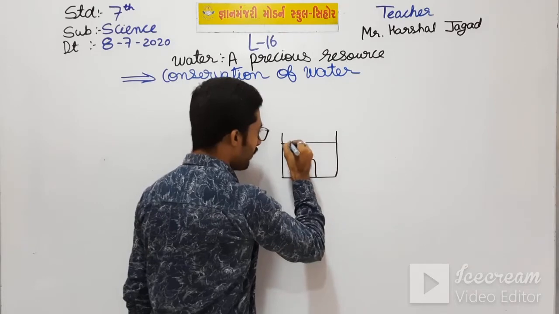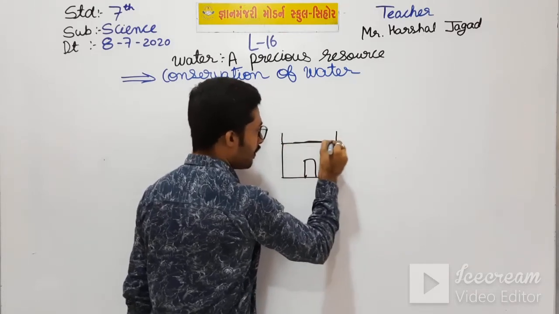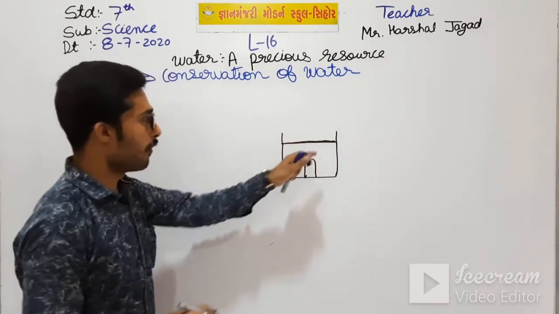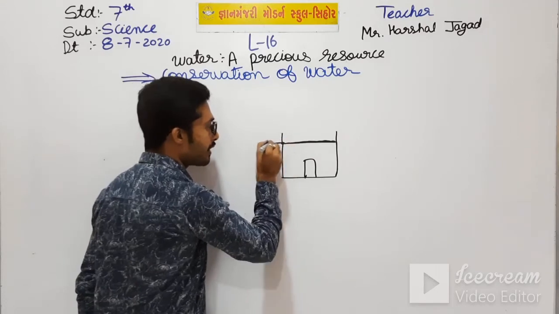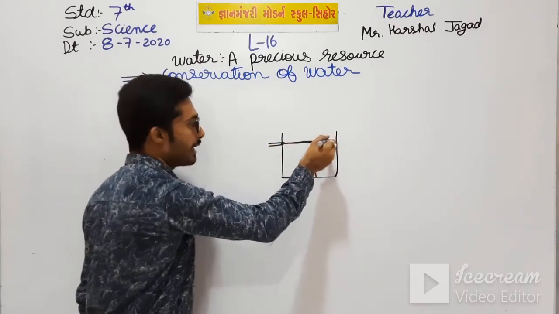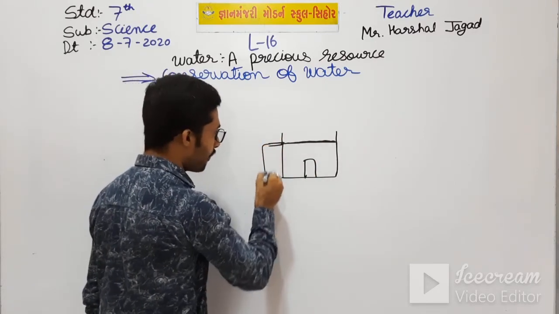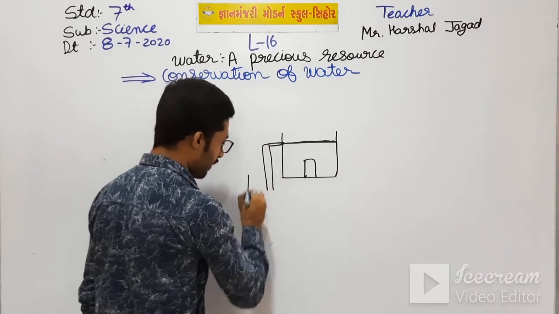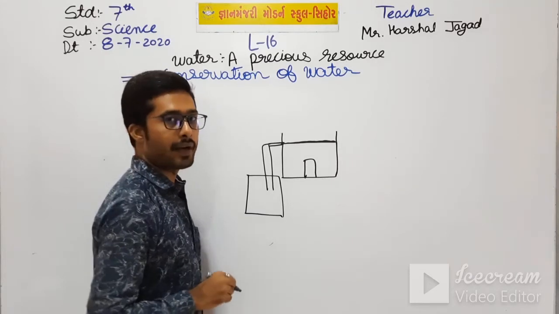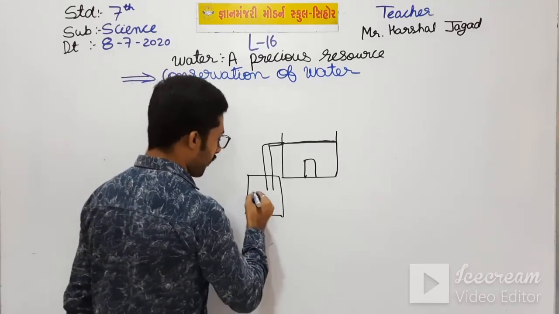The level will be higher here, so that all the water will flow there, and a drainage pipe is given from where all the terrace water goes out. But if we connect this pipe to our main tank, the underground water tank that we have built in all our homes,